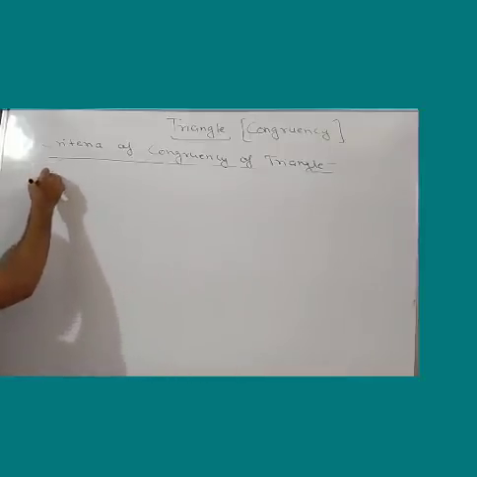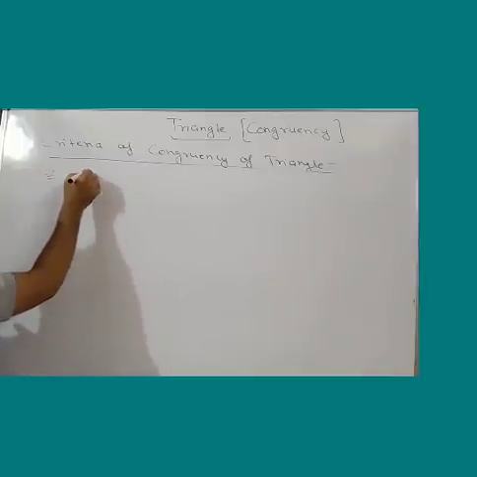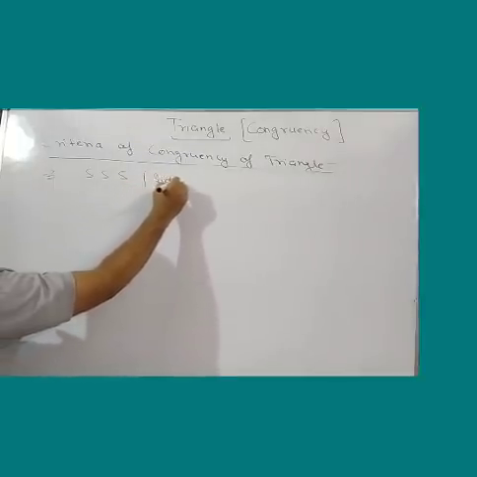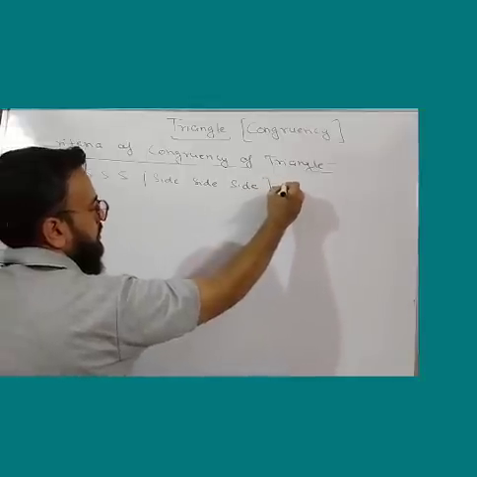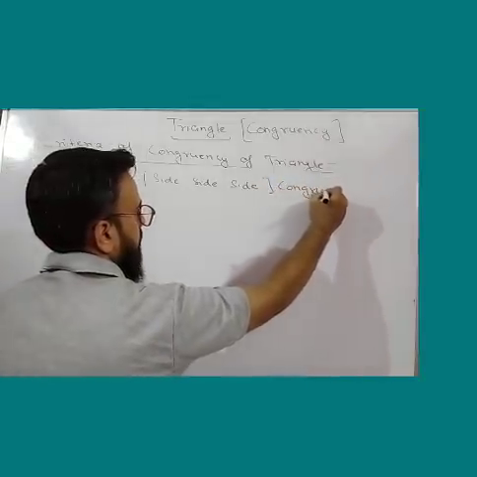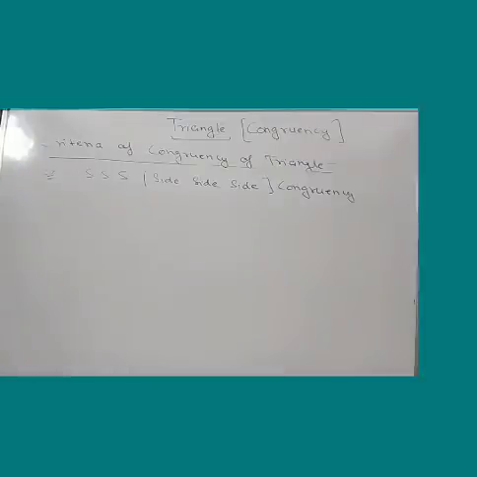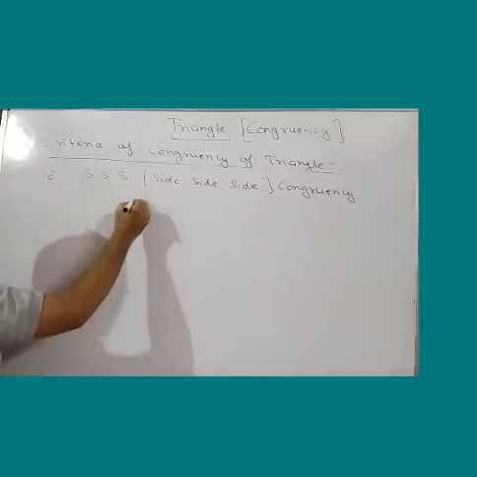So the second criteria, the first one was side angle side. The second is side side side congruency. What does it mean? It means if two triangles are given in such a way